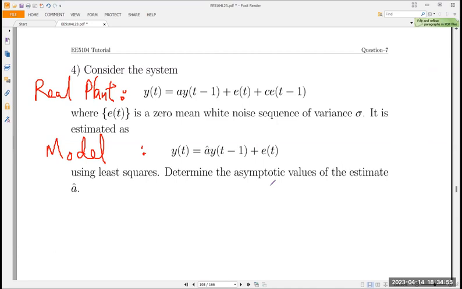These tutorial questions are all subtle points in least square identification, to help you such that when you get into trouble, you know where the problem could be: the signal has no change, not enough excitation, or the modeling is wrong. All right, so we see the modeling wrong. So what will happen? So now,